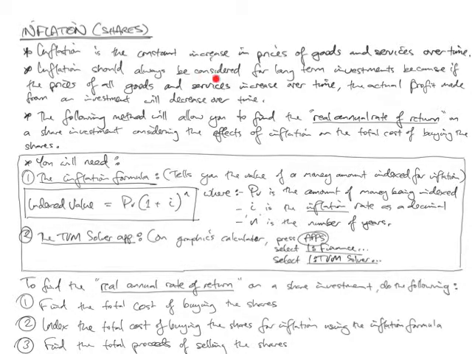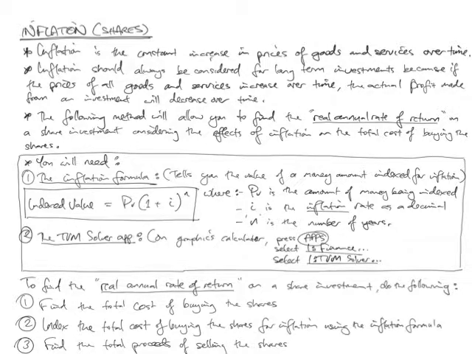Inflation needs to always be considered for investments that take a long time, because if the price of everything is increasing, the profit you're going to make from an investment isn't going to matter so much. It's actually technically going to decrease, because let's say you're going to make $1,000 to buy something that was $1,000 in the first place, but if the price of that thing is increasing, the buying power of your $1,000 will decrease over time. You won't be able to buy that thing that you wanted to in the first place because it's more expensive. So